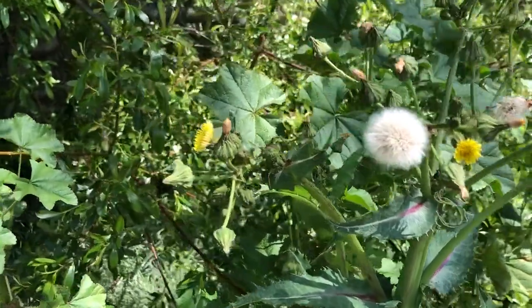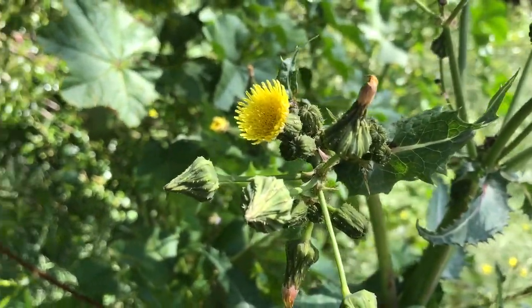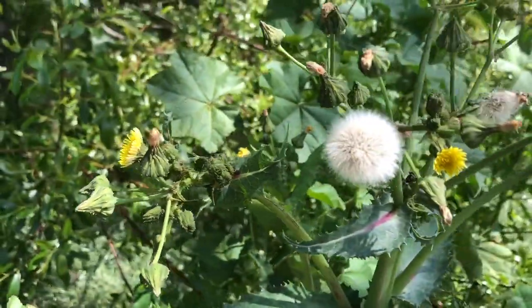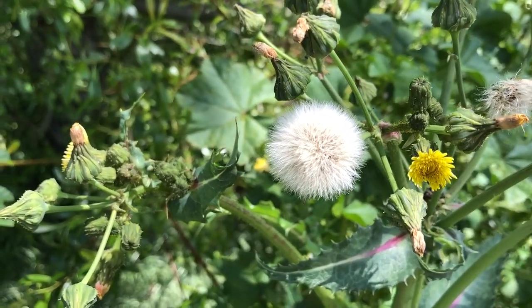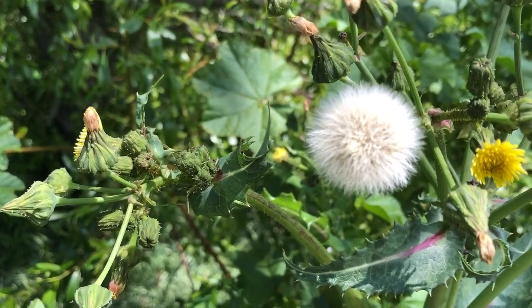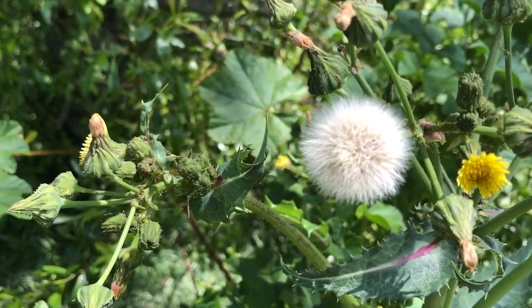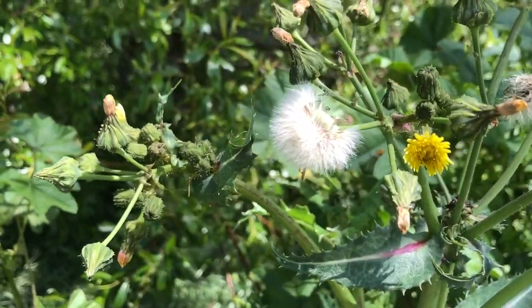The yellow flower is visited by the bees, lots of pollen there in the center, probably other insects also. And on the same plant, we have the seeds. It looks like a little puffball. Have you ever blown on one of those before? So even though the flower of this plant is pollinated by probably an insect, the wind takes care of spreading